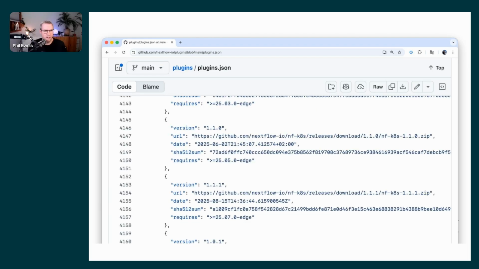It's about, I think, 4,500 lines of JSON. And in there is a list of every single Nextflow plugin with every single release, with a URL and a checksum and everything. And that's how Nextflow validated what you put in your import statement, and then knew where to download the plugin from. And this is a very simple setup, and it has served Nextflow very well for the years that it's been working,